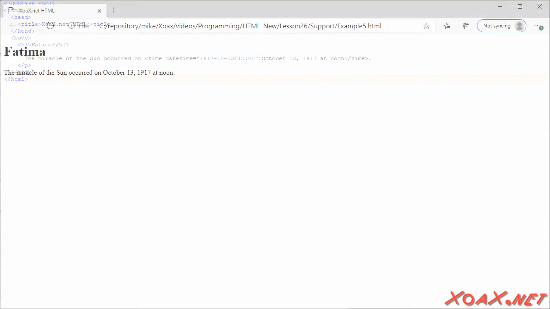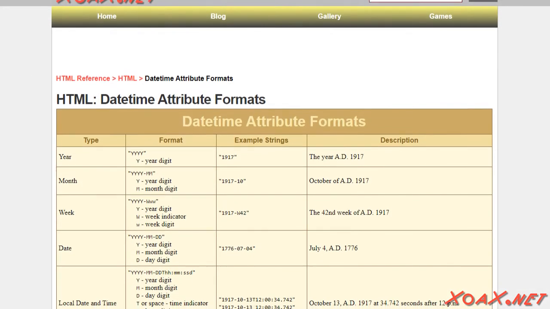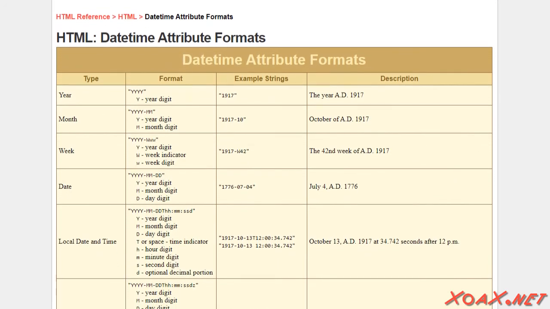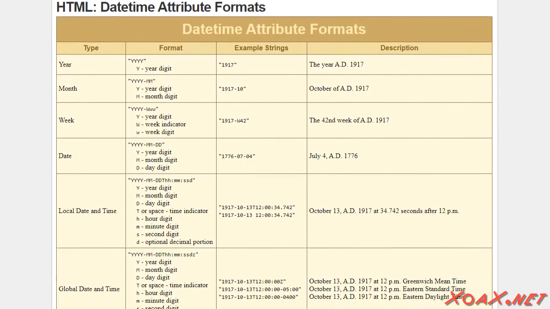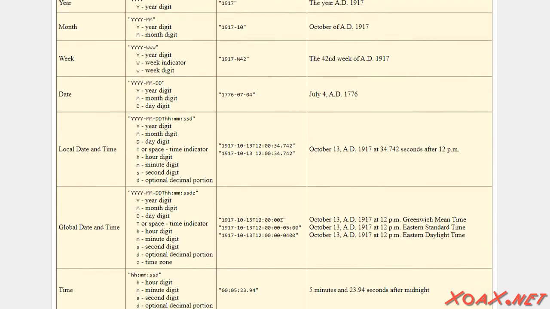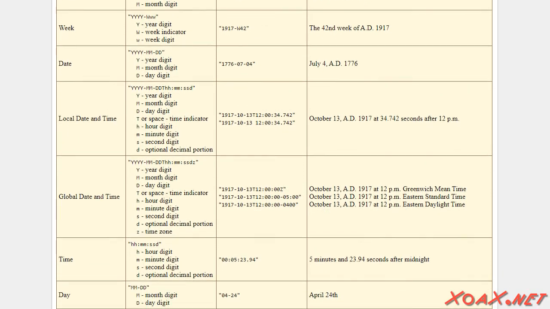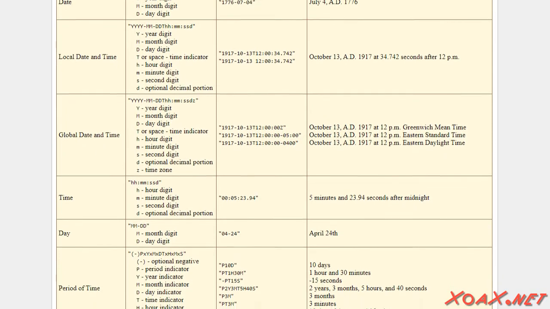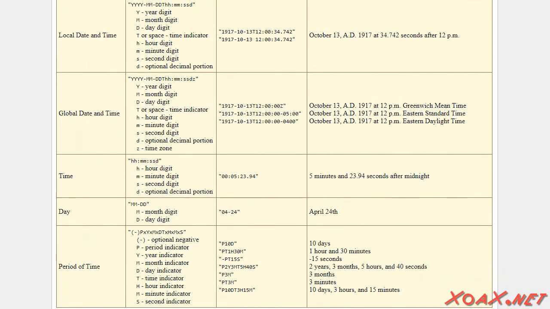Opening this document, we don't see anything special. The datetime attribute is not apparent, nor is the time element. Those are strictly for reading with programs or styling. The datetime attribute can be set to a variety of different types of values to specify years, months, weeks, dates, local or global dates and times, days, or periods of time. If you are interested, you can find a complete list of specifications in this table on our website in the